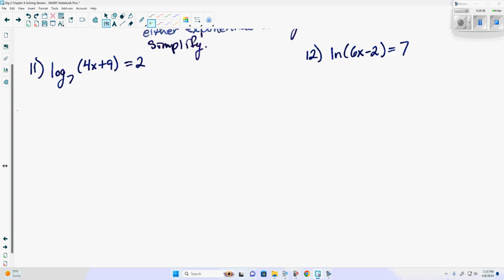Now what are we going to put both sides to the base of? It's not going to be 10, but 7, because we're going to use the base of the log to get rid of it. Now if it had just been log of 4x plus 9, and we didn't have a base specifically written, it would be 10. Now here the 7 and log base 7 will cancel, leaving us with